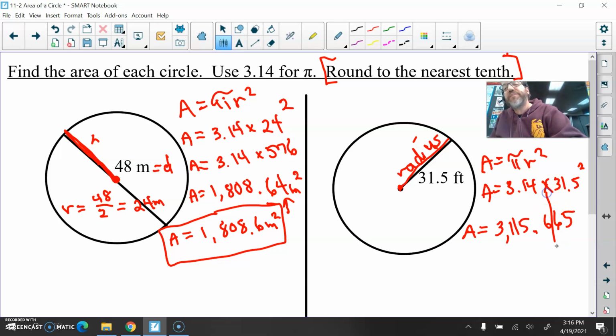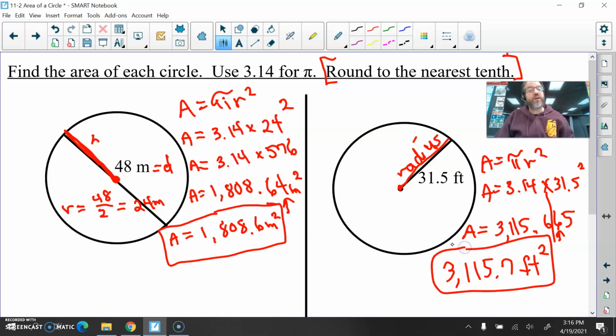Rounding to the nearest 10th, this 6 will round up to a 7 because this is 5 or more here in the hundredths place, isn't it? So 3,115.7 square feet. We're working with feet here. Area is always square units. Okay, so that's it for your area lesson today. Always write this formula down as your first step, and then you can use a calculator from